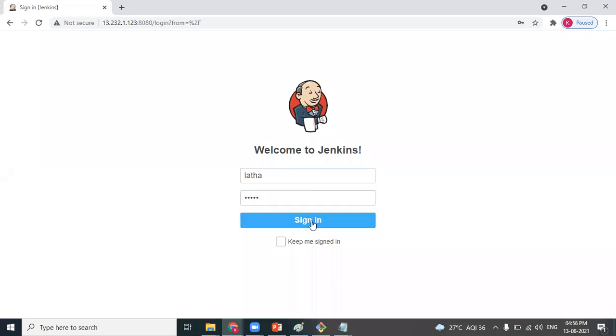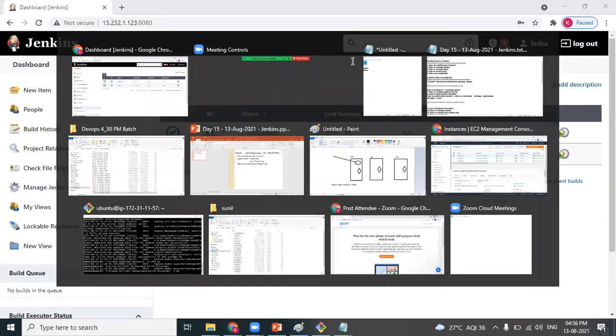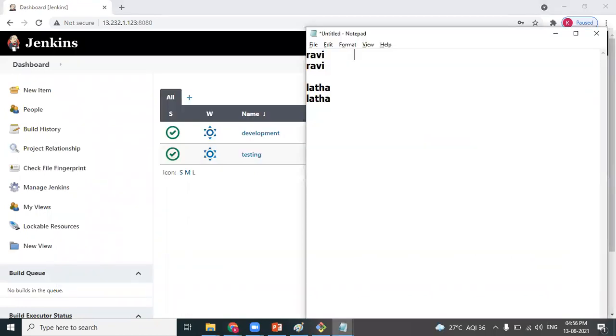So we now know how to create new users, and it's very simple. The new user will also have access to the Jenkins dashboard. Point 1, assume Ravi is from the development team. Assume Lata is from the testing team.